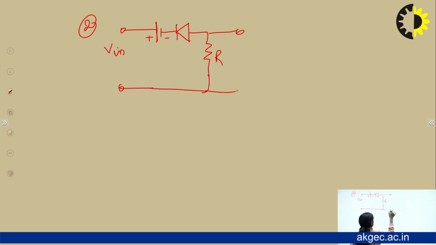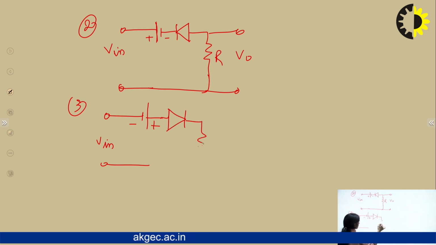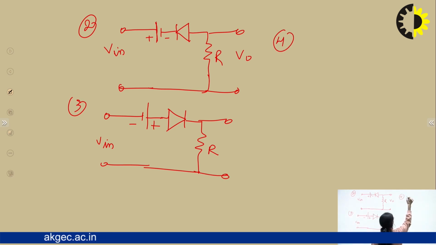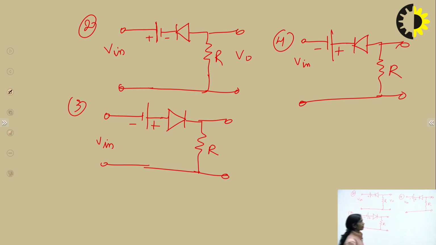In this case also we can plot the circuit output. Third is if the battery polarity is changed, negative, positive. In this case, if the diode remains the same, then this is another circuit we will get. And the fourth case is again the battery remains the same and the diode arrangement is changed. This is another circuit we get. So this is how we can obtain different circuit arrangements for the series clipper circuit, and accordingly we will get different output waveforms.